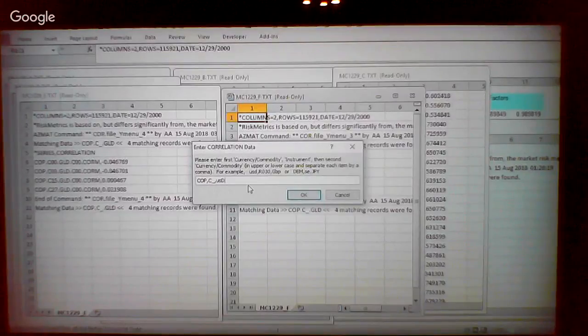It is correct because we are saying not just for this commodity instrument type, which is not present for US dollar, but this particular command says get the correlation for all the instruments of the second currency or commodity. So for US dollar,